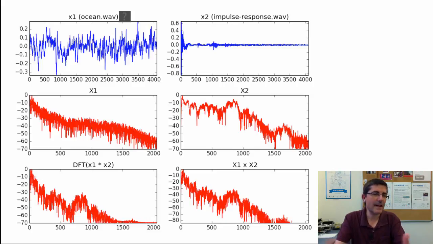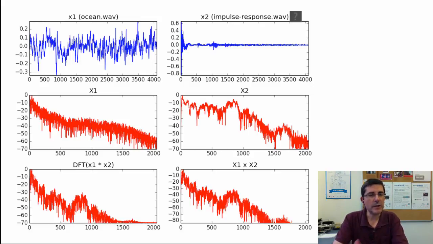This is an ocean sound, so it's a very noisy type of signal. And then we can hear the impulse, this. It's a tiny sound, an impulse response of a space, and we can then convolve the two